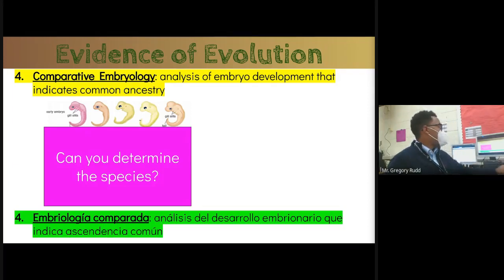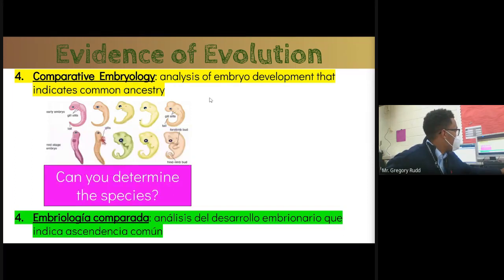All right, so if we're just looking at this image, can you tell what these species are? Does anybody think they know what these species are just looking at this very, very early embryo? We see that they have gill slits and they have tails. Any guesses? Would you say, Ayana? A frog, okay. Let's see. I think one of them might be a frog. Which one do you think it is? I can't remember.